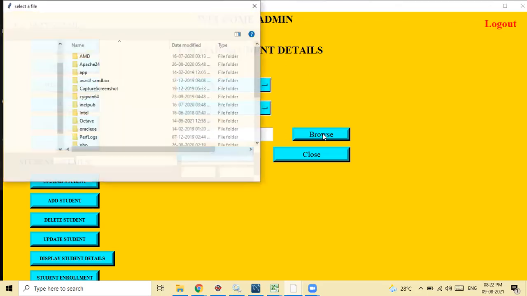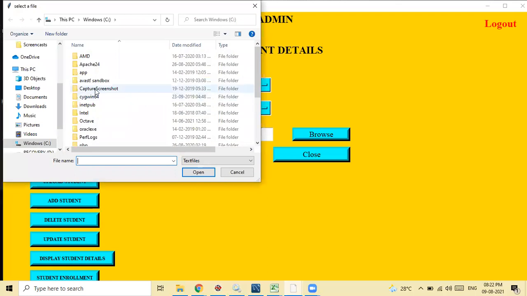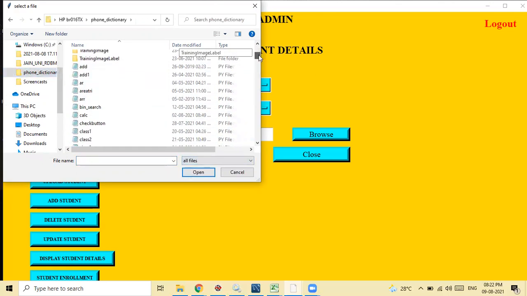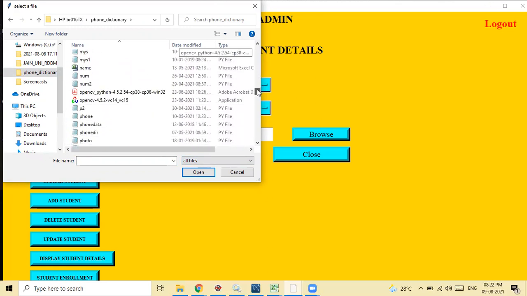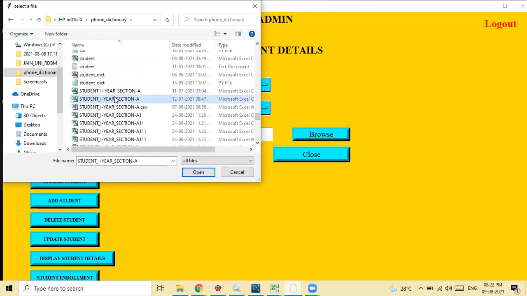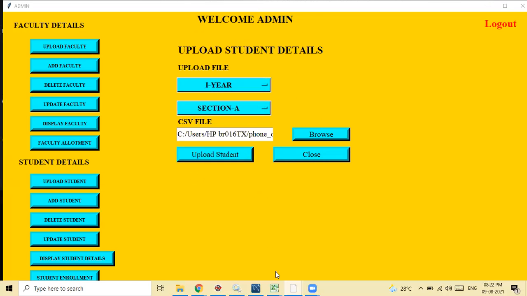Now I have to browse it and find out the file and upload the file to the database. Yeah, student first year section A. What is there in this file?